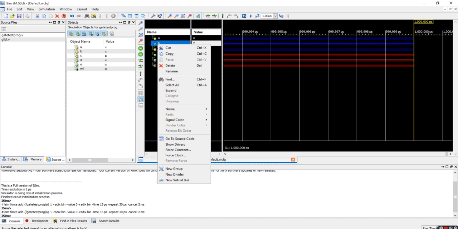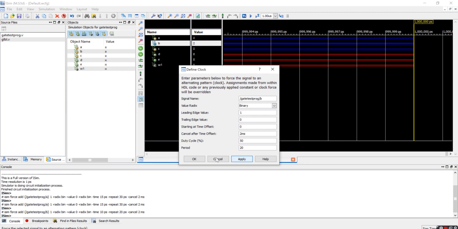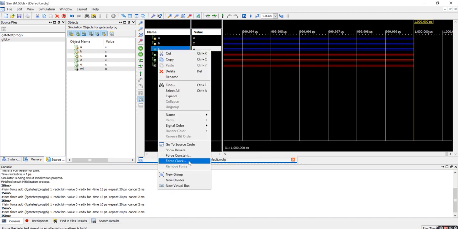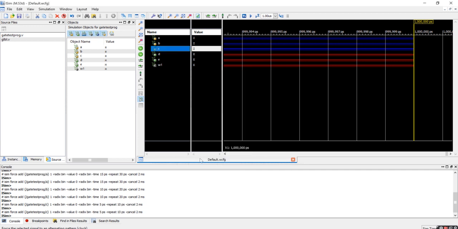Similarly, set for the b force clock, its rising edge is 1, trailing edge is 0, 2 millisecond, and you can test it for 20 time periods. Just click on it and OK. Similarly for the input c, just set the rising edge, trailing edge, 2 millisecond, and then the time period, for 10 time periods you want to see its behavior. Now just click on